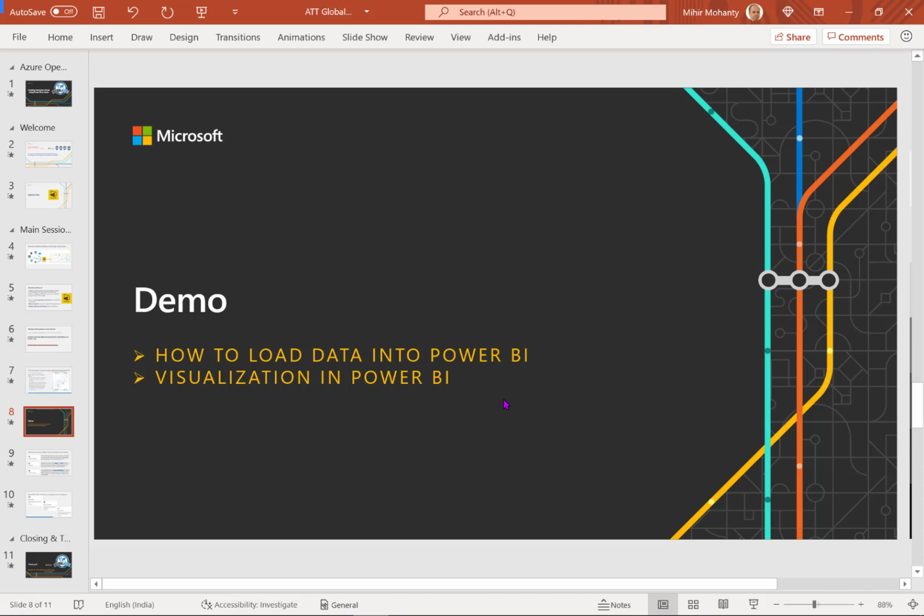This also helps you to explore new opportunities in the market for those who are working as data analysts or database administrators, because Power BI also helps you to add more weightage to your personal growth as well, along with the organizational growth. That's where we need to look into those learnings and how we can grow in our career as data engineers and data analysts. That you can also focus upon.